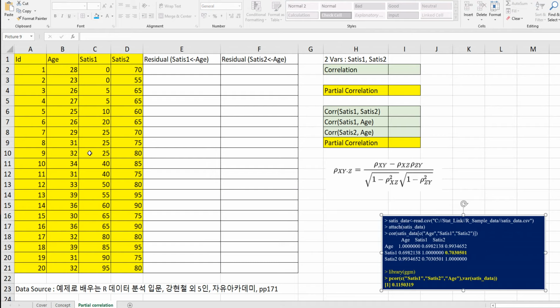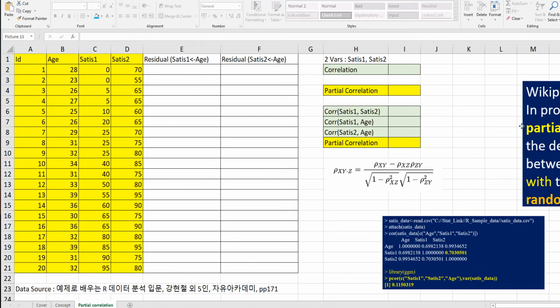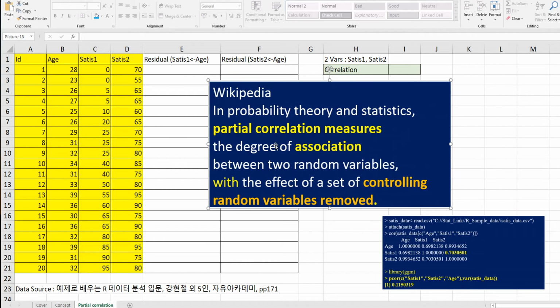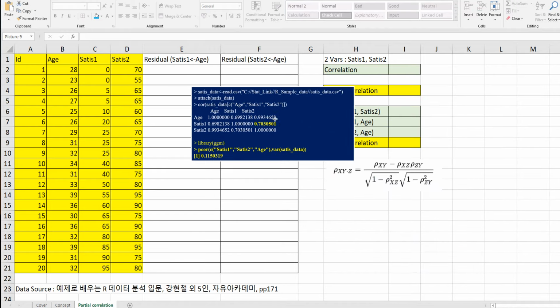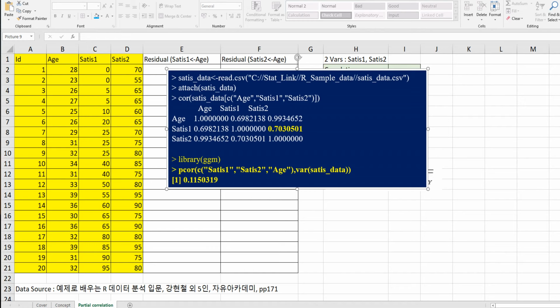There are three variables: age, satisfaction 1, and satisfaction 2. I want to measure the relationship between satisfaction 1 and satisfaction 2 after excluding age effects. Alright? According to Wikipedia, partial correlation measures association with controlling random variables removed. In our program,